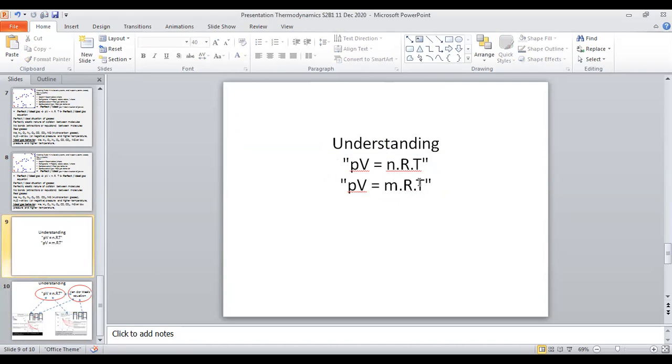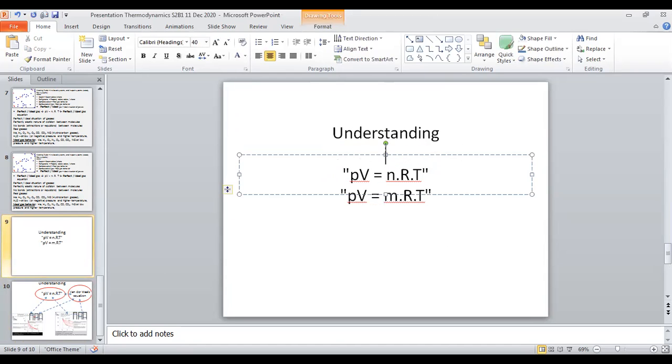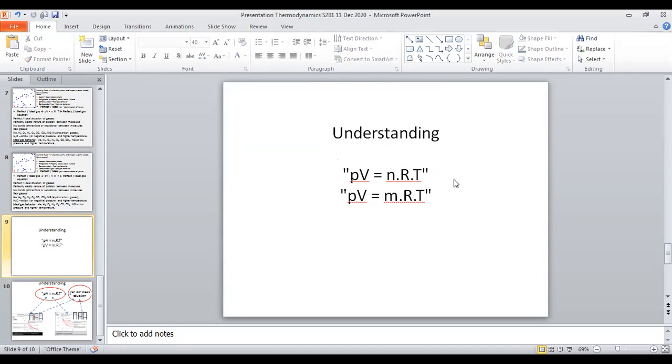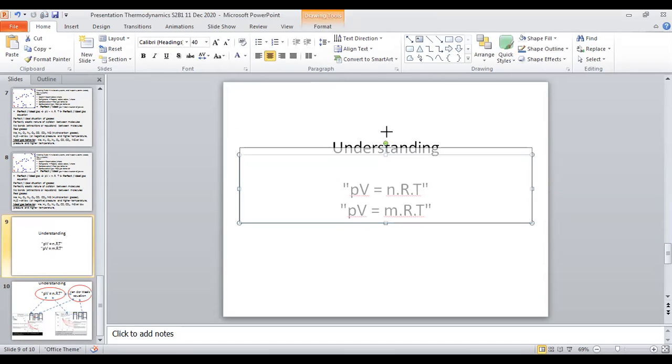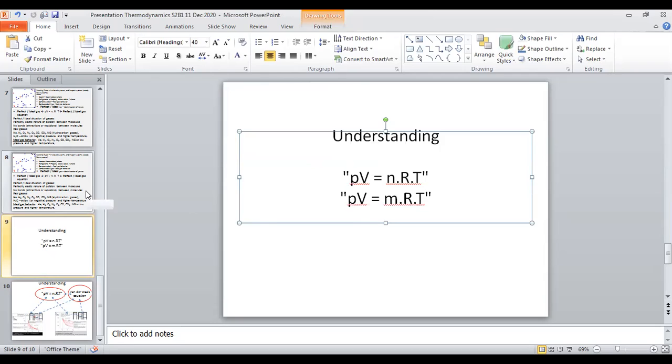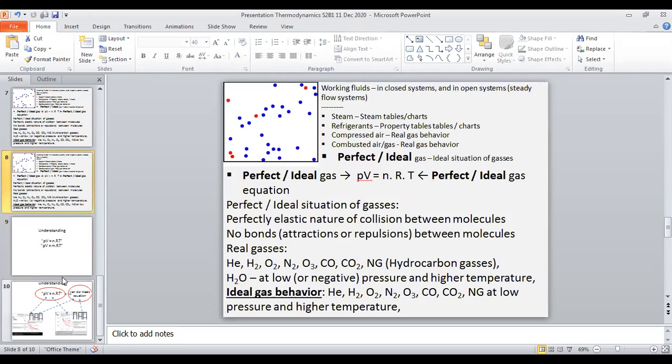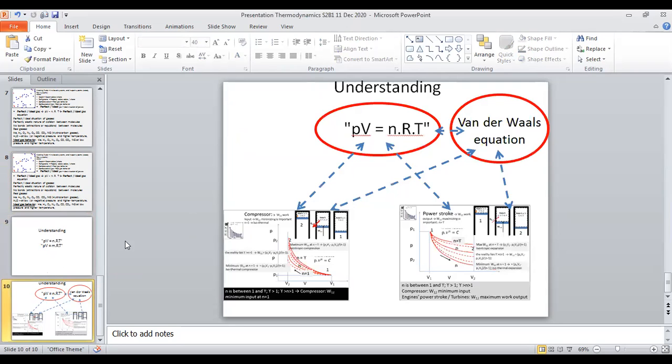Okay, you have to learn this as well. Okay, quite interesting. So I leave this to you, but I did a lot of background preparations about the ideal gas. Okay, and this is quite nice. PV equals nRT knowledge,